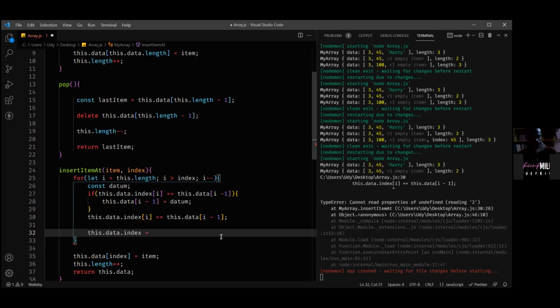When we scroll through, I is going to be the index. I is greater than index.